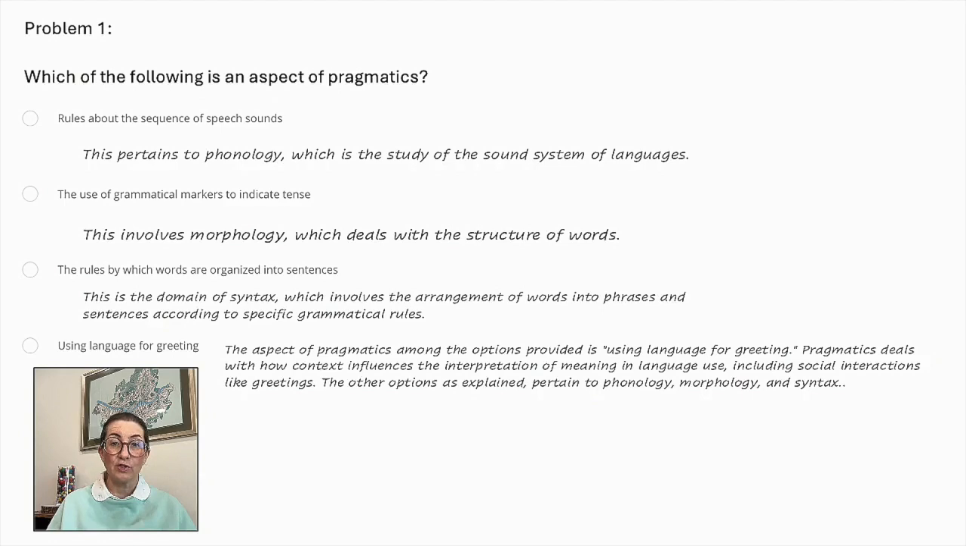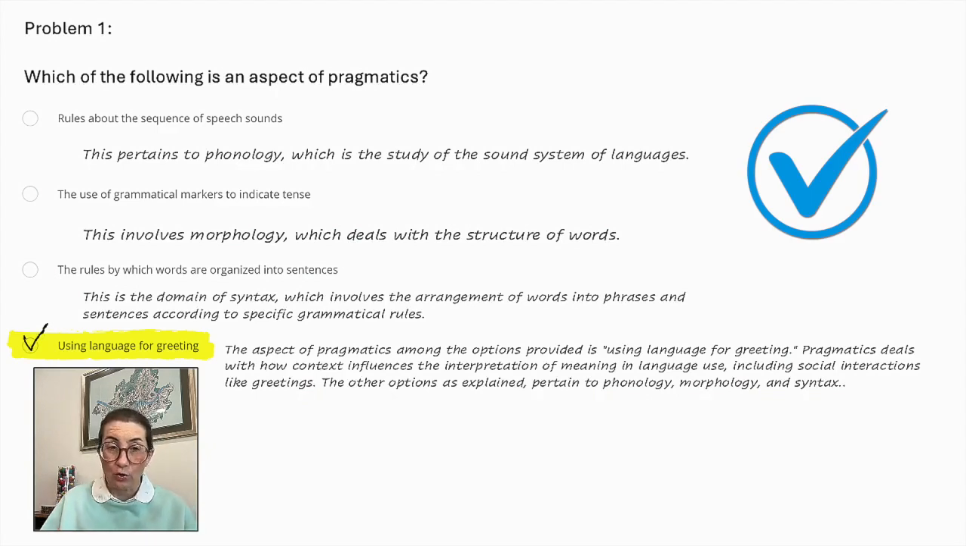Greetings are a part of social interaction and vary widely across different cultures and contexts. Pragmatics studies these variations and looks at how people use language elements like greetings to perform social actions, manage relationships, and navigate social structures. It involves understanding the appropriate use of language depending on the context, such as knowing when to say hello, good morning, or another form of greeting based on the time of day, the formality of the situation, and the relationship between speakers. So using language